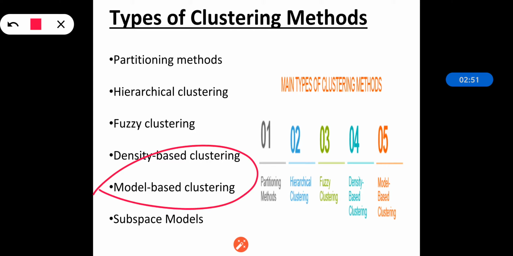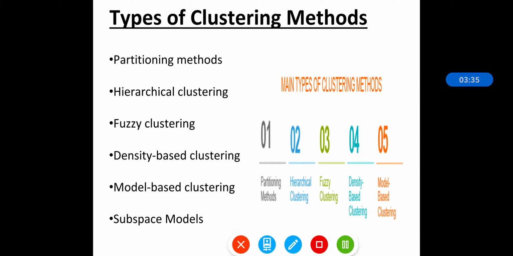Now the next one is model based clustering. In this, a particular model is used for clustering, because that model optimizes the fit between the data and the model. The data are viewed as coming from a mixture of probability distributions. We have various types of data, and by using this model based algorithm we can distribute them in different formats, though the data points are different. That's why it is called model based clustering, because it fits the data according to the probability distribution.